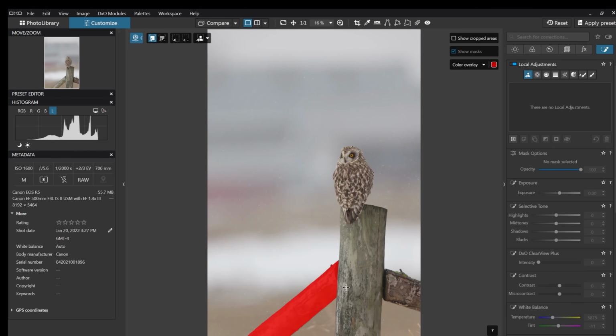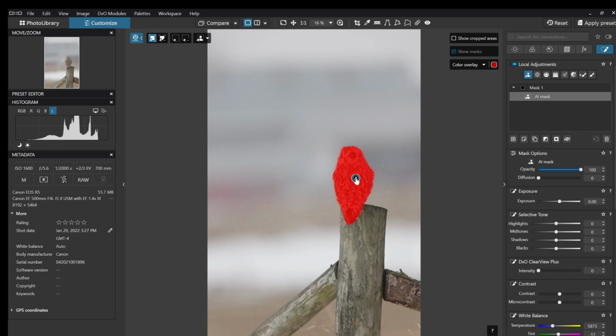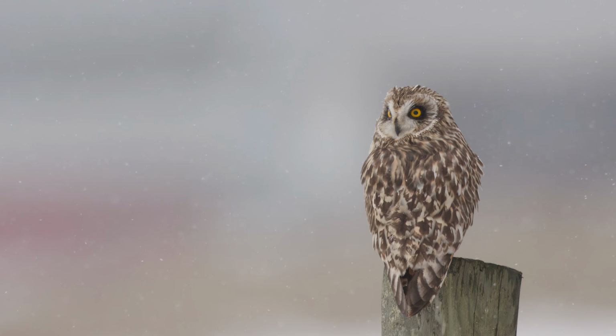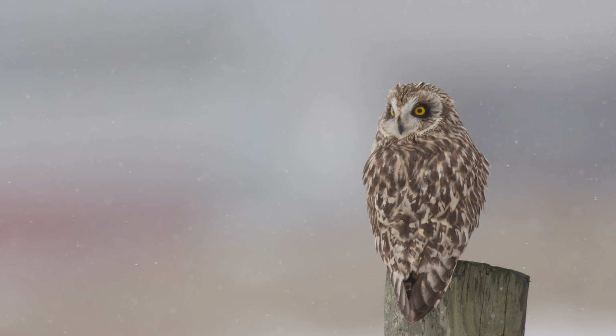And one of the best features is just the ability to move the cursor around and it picks things it can make masks for. Or use Add an Area to use the box selection tool to pick one or several items. This one's a little bit more accurate. And the whole goal here is to select things so that you can process them differently. Let me do a quick processing on my owl here, as the owl, background, and post all need a different